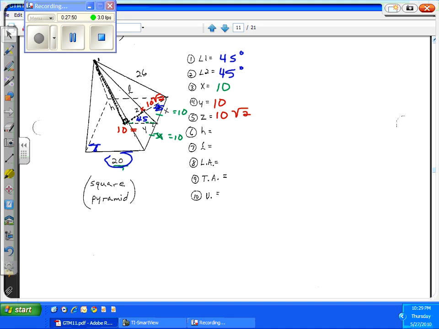Now, if we go across here and back up, I have a right triangle. I'm going to do c squared equals a squared plus b squared. The c of that is the 26, which is a lateral edge. We're going to let h be the a. The other leg b is the radius, which is 10 square root 2